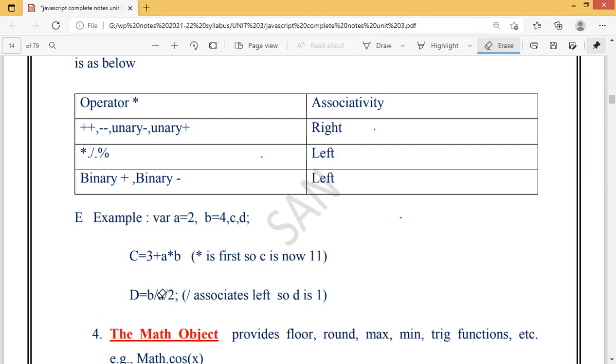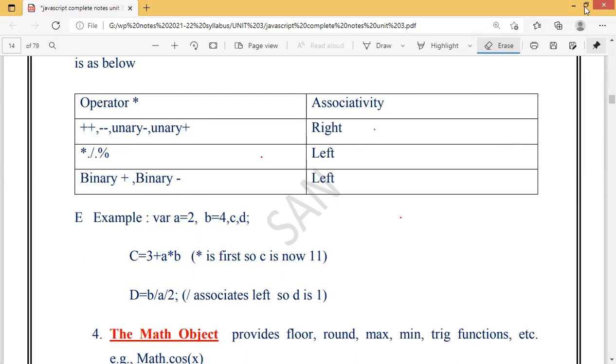So if that is given, star is first. Okay, so we have to evaluate star. Here, in this expression itself, plus and minus come after star. Okay, division, modulo, plus and minus. So this is in the order only. These will come first, these will come second, and these will come third. So first, compared to star and plus, I have to evaluate star.